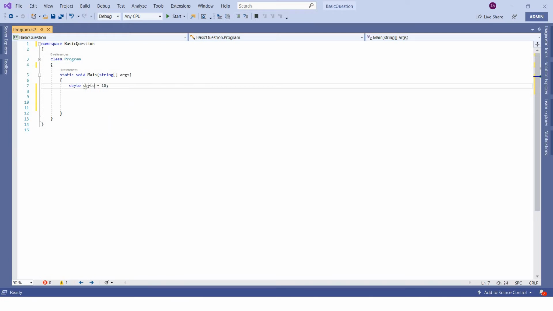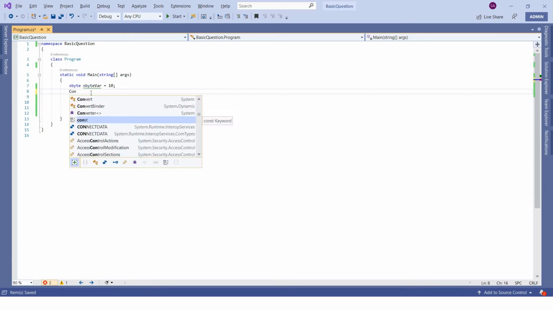So I am declaring a variable of type sbyte, and since currently this is the meaningful name we are thinking of, because I want to showcase that this is my sbyte variable, that's why I am giving the name as this. I have given a value of 10. What it will do is create a memory location of 1 byte and store this value 10 in that memory. If you want to see whether it actually saves it correctly or not, we'll simply try to print it.